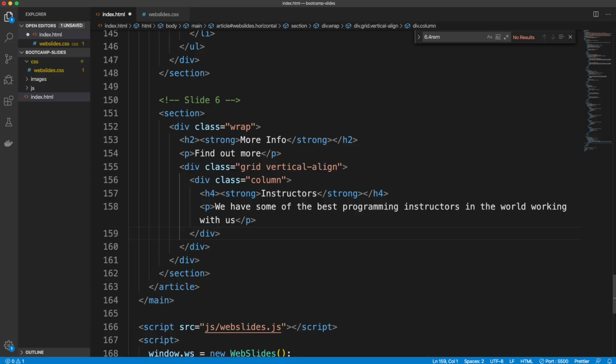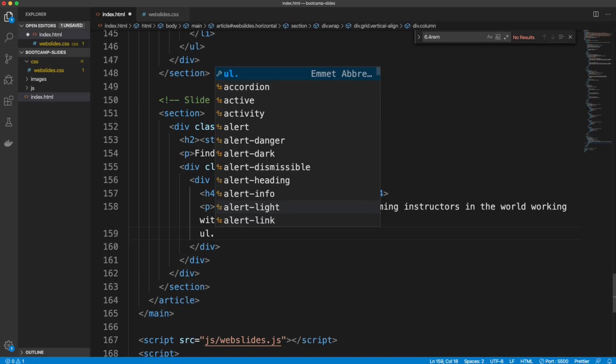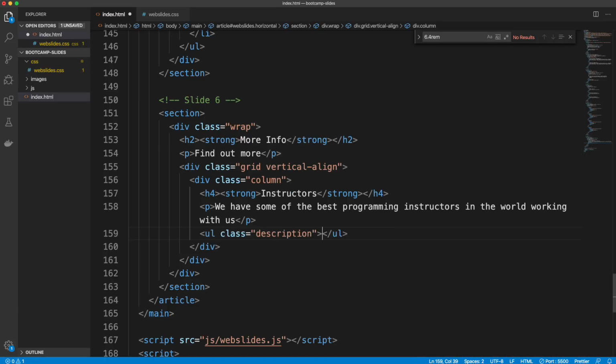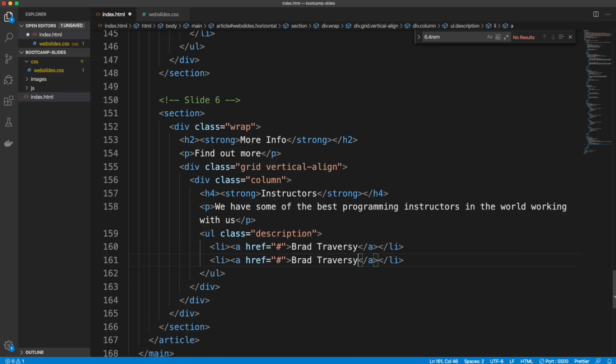And I'm not saying that I am that, it's just something to write. So we have a UL with the class of description. The description class, I believe, gives each list item a border and some padding and stuff like that. So let's say list item, and then we'll just have a link that goes nowhere, and we'll put my name here, and then, I don't know, John Doe,